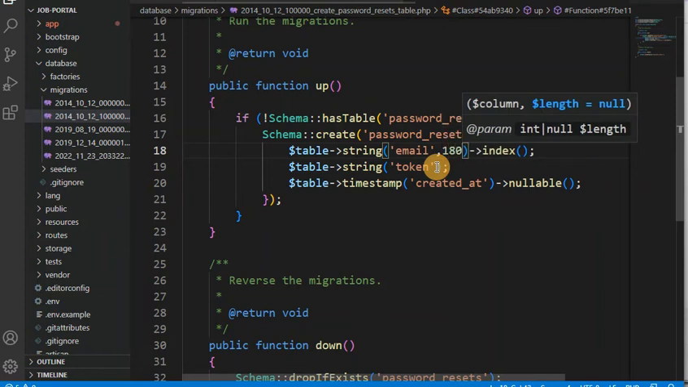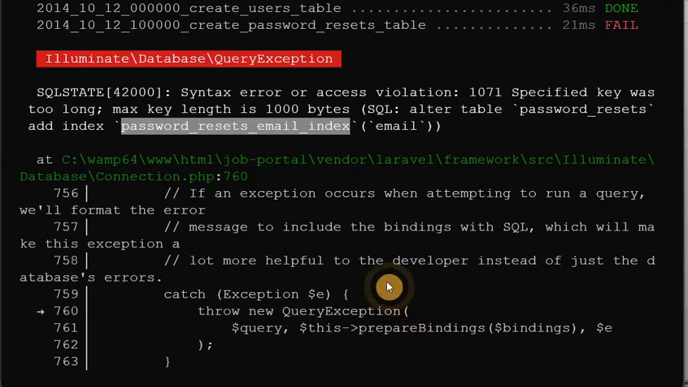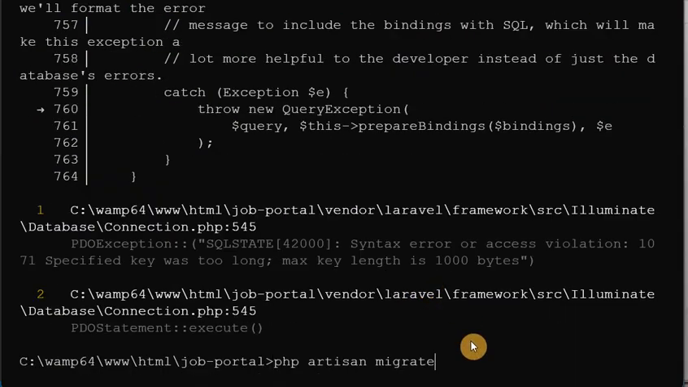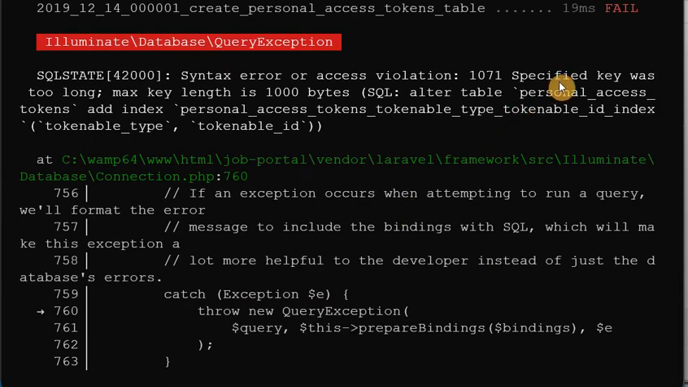You can give it less than 250. Now let's see again, is it working or not? So again it is showing another error: specified key was too long. So this time we have to check the personal access token table